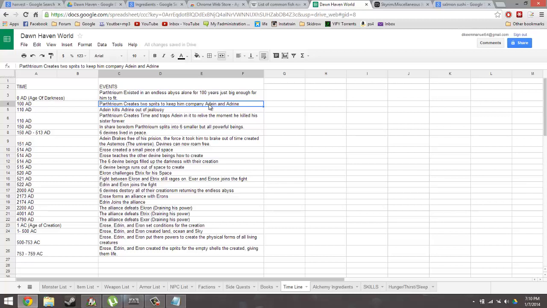Aiden breaks free of his prison. Okay, oh my gosh, this is just weird to read, Aiden, because it's a lot of weird names that I just made up on the spot. But anyway, Aiden breaks free of his prison, and the force it took him to break out of time created the